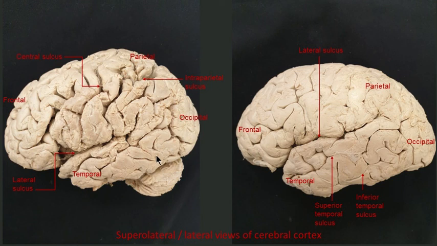So, to summarize, we marked out the boundaries of the four different lobes on the superolateral surface of the cerebral cortex, and then we talked one by one about the important sulci, the depressions, and elevations, the gyri, visible on the cortex in its superolateral